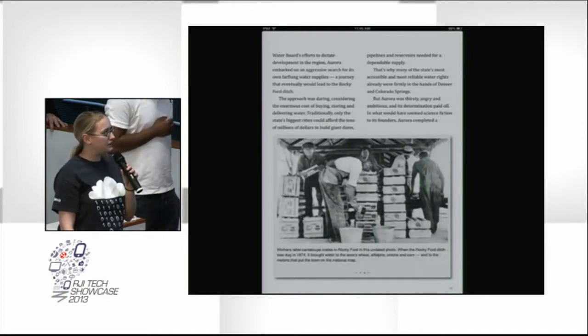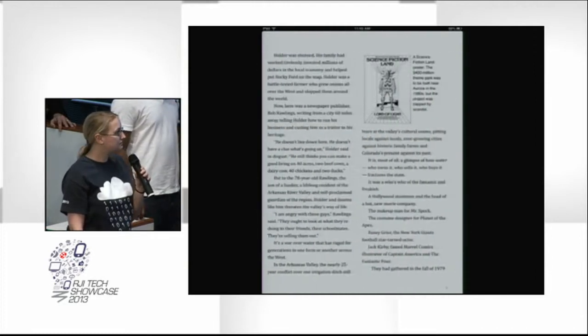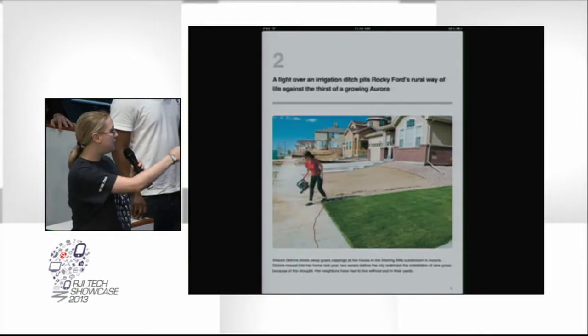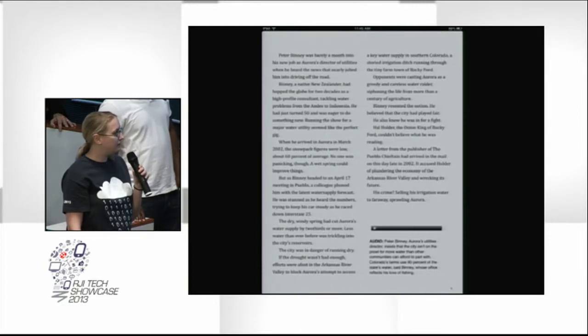So the photo gallery is one of the widgets, and I mean, you can mess with the layout quite a bit, but that's what they all look like. There was another audio one if you go to the second page. So you can actually play the audio file. You don't need a separate app.